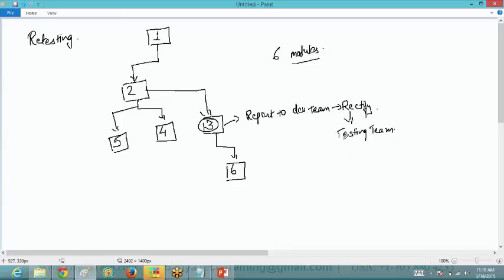So this type of testing that you do once the errors are rectified is known as retesting, because you are again testing the part of the software which was previously not working properly, to see whether it is now working properly once the developer has fixed the defect. You are again going to test the same module. That type of testing is known as retesting. Clear up till this point?